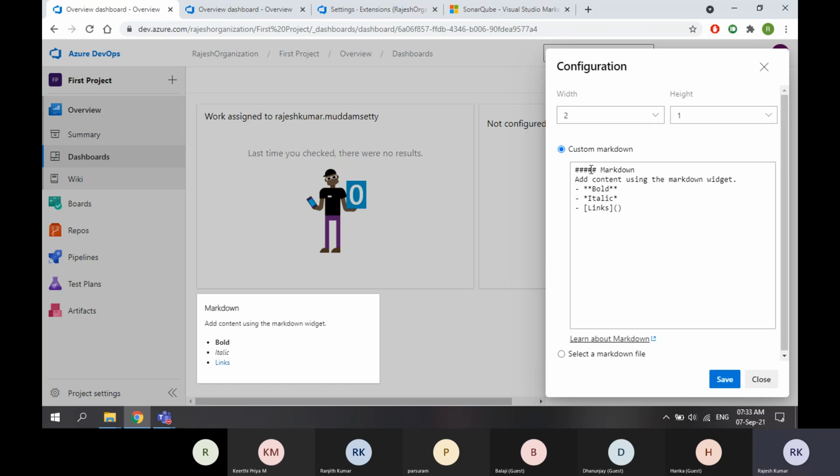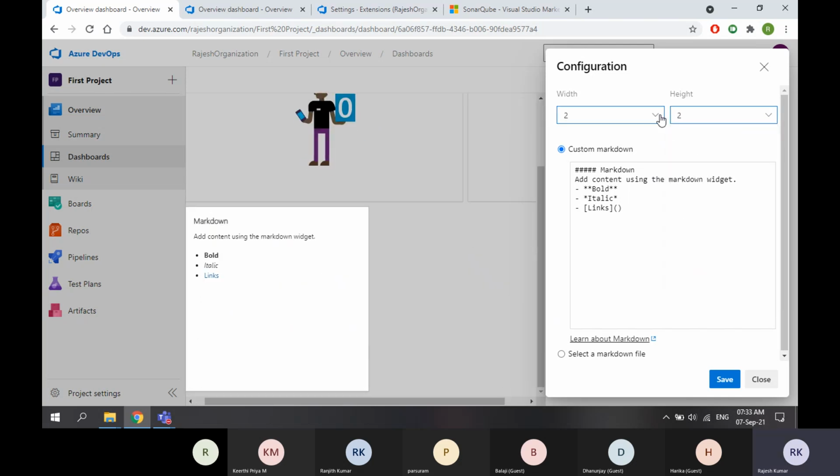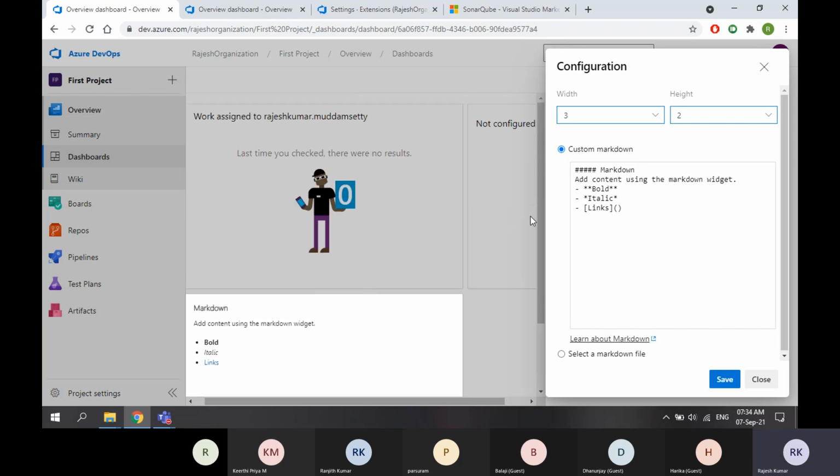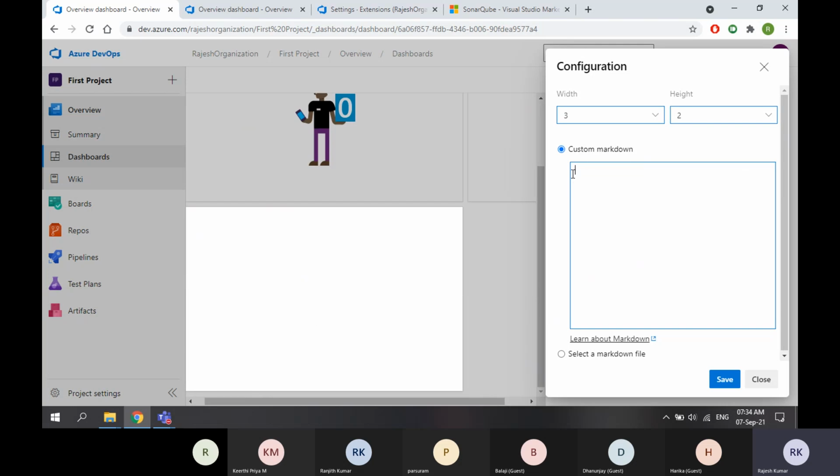this is the default text given by markdown. But let me make this 2 by 2, so this is 2 by 2 and keep it 3. Now this is big. And I can remove this. I can write. Don't worry about the syntax, I will explain in a bit.